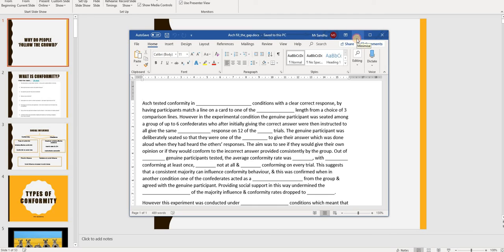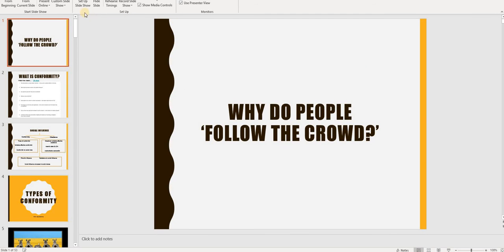Once you've done that, you simply go to the top left hand corner where you can see the pause button, the mic and the time, and you just click done. And once you've clicked done,